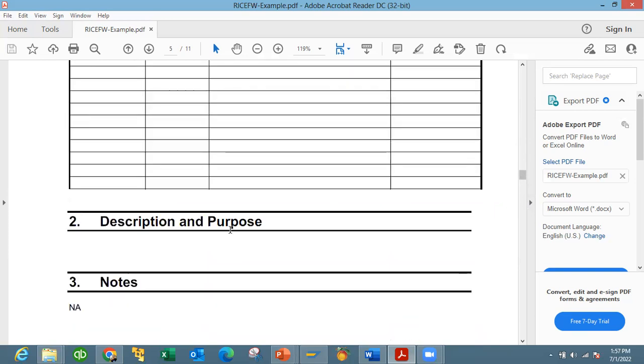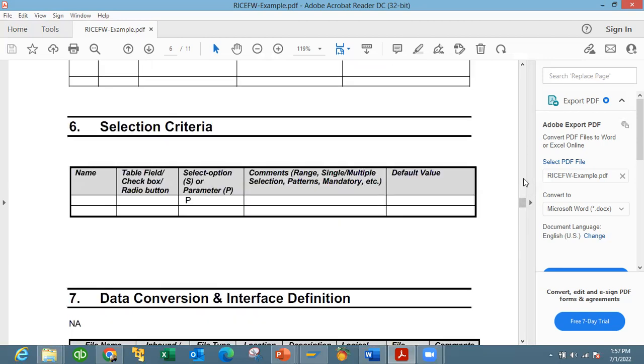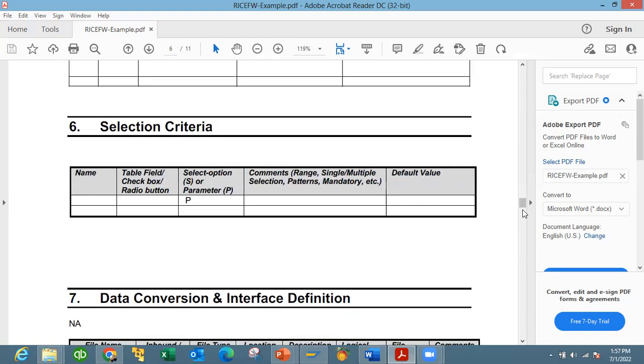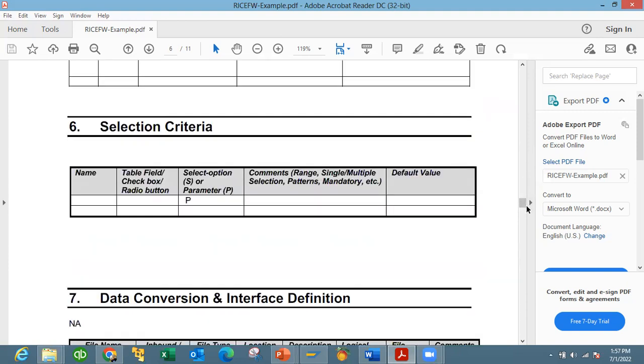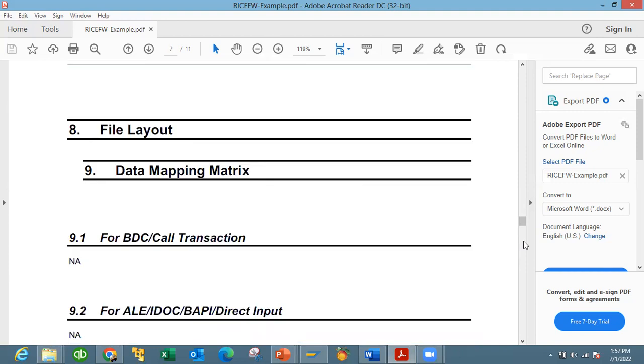So all these will be discussed as per business. If you want to make further description of that RICEF, that can be done. Assumptions can be noted, issues can also be noted. Then you have the area where you give updates about that particular RICEF, whether it has been resolved, how it was resolved, and describe the issue, right? You have also data conversion and interface. If it's a RICEF that will require